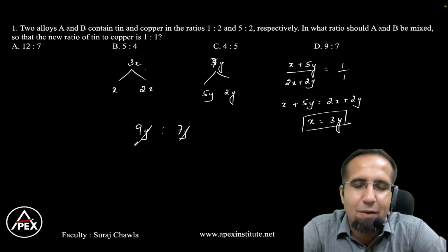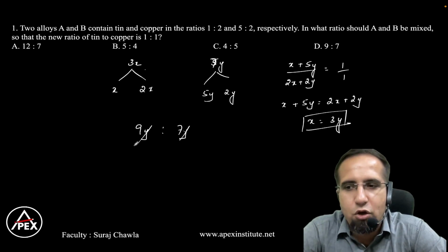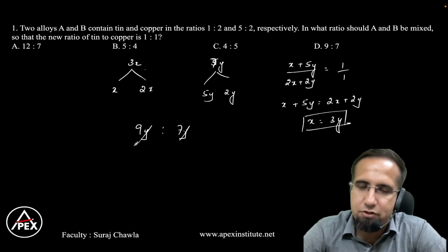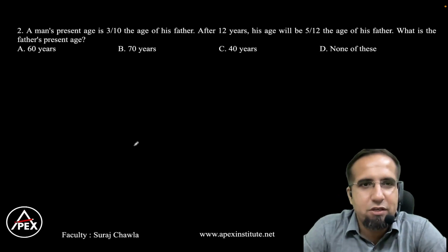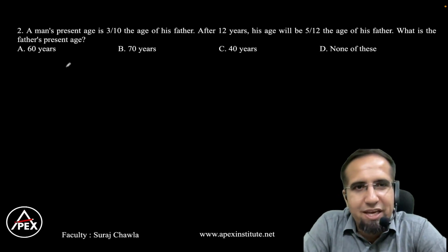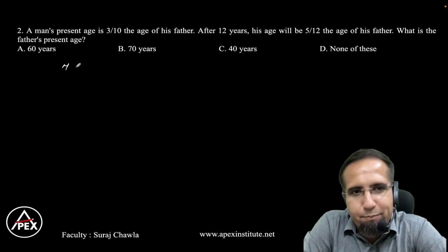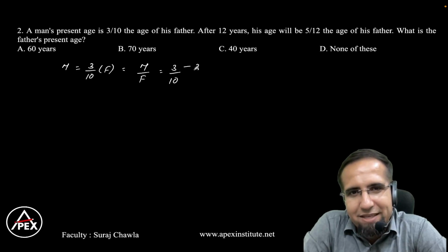So whatever comes to your mind immediately, your job is to start applying that and get your required answer. Right? Now let's look at this question. A man's present age is 3/10 the age of the father. So I write man is equal to 3/10 of the father's age, which gives me the ratio. Man is to father is equal to 3/10, so I take man's age as 3x and father's age as 10x